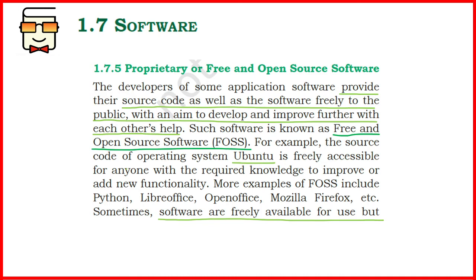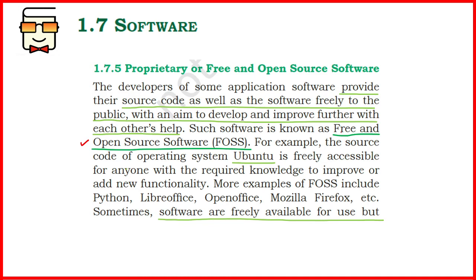So we discussed that source code is the code written in any high level language or an assembly language. That means a language that is not machine code or object code, not in the form of zeros and ones, in terms of a computer system. So there are three types of software: proprietary software, freeware, and free and open source software. First we'll be studying FOSS, which is free and open source software.